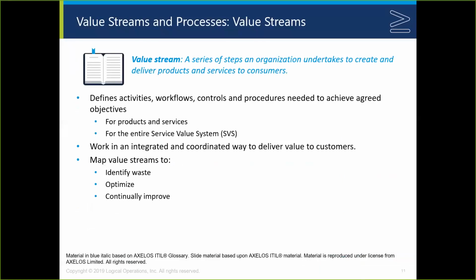The last of the 4 dimensions is value streams and processes. They do talk about processes briefly in ITIL 4, but you don't hear the word in the same way that you have in previous versions. All right, value streams is language borrowed from Lean. When we think about value streams, they combine various activities to produce products and services. And so when we introduce the idea of the service value chain, we combine different activities in different ways to produce different results. And so the question really then becomes how and what activities need to be engaged in, who all needs to do what to produce what results.